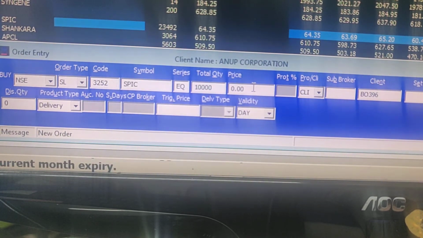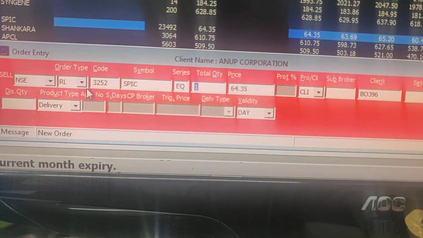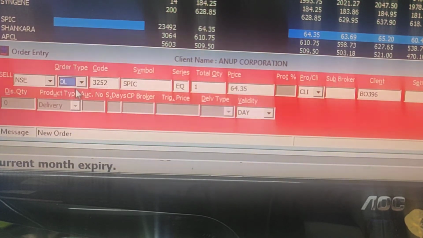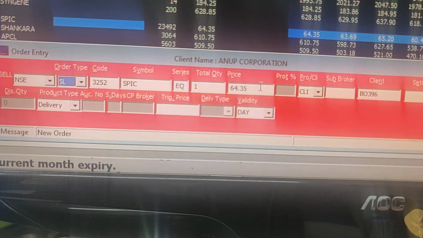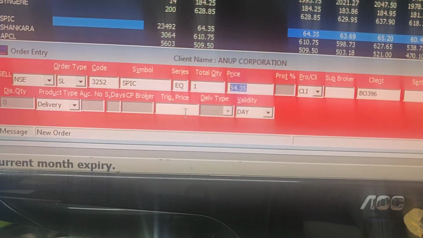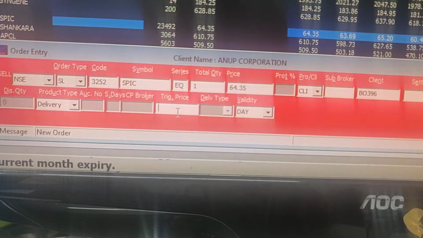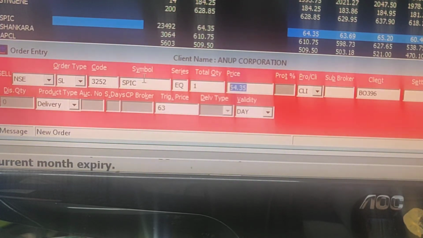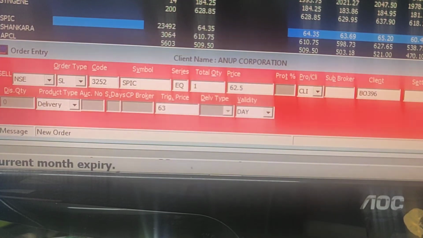Suppose you are doing some intraday transactions, then generally traders put a stop loss order. Suppose today I bought shares of say a scrip at the rate of 65. If I think that if the rate goes below 63, then I want to sell these shares, then you can put this stop loss order. In stop loss you have to decide first the trigger price. You think if it goes below 63, then you will sell. Then 63 is the trigger price. Then you have to decide about the price at which it should be sold.